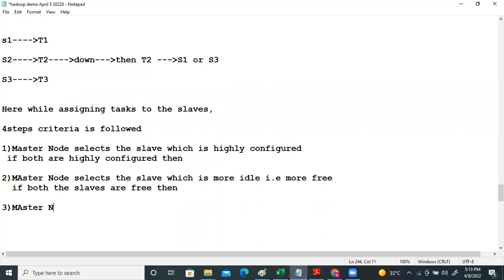The master node selects the slave which is nearest to it. Think that the master and slaves are maintained within the same lab. If both the slaves are equally near, then